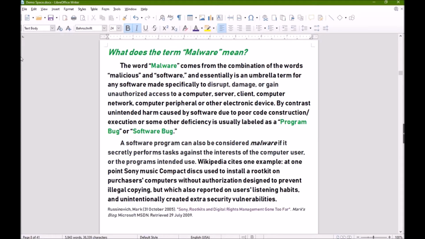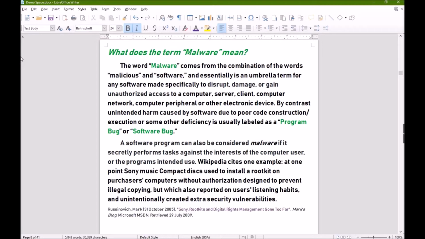By contrast, unintended harm caused by software due to poor code construction, execution, or some other deficiency is usually labeled as a program bug or software bug. A software program can also be considered malware if it secretly performs tasks against the interests of the computer user or the program's intended use.